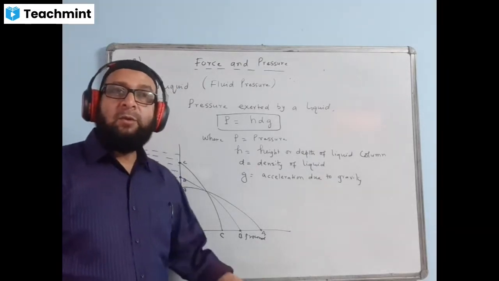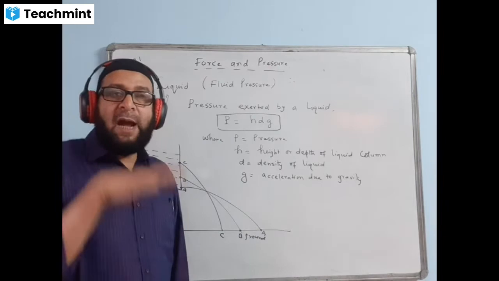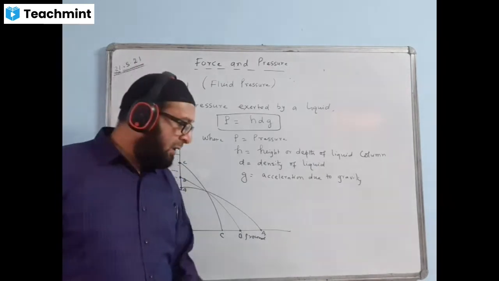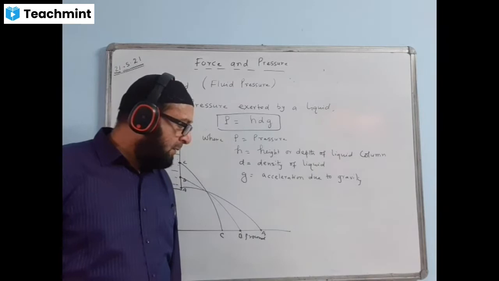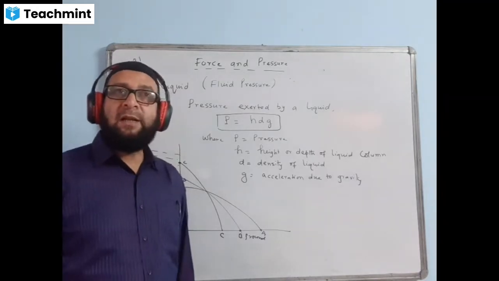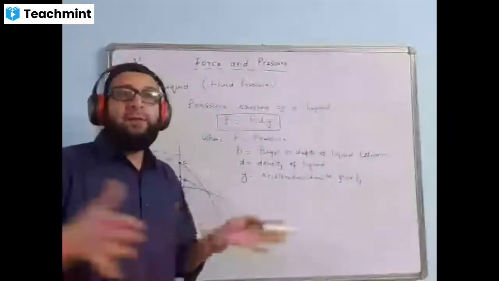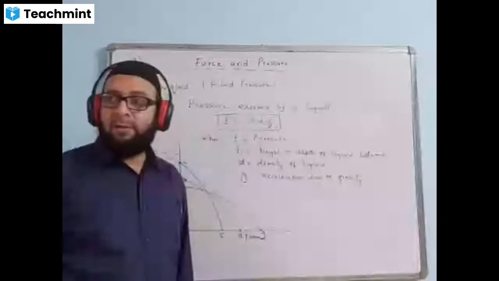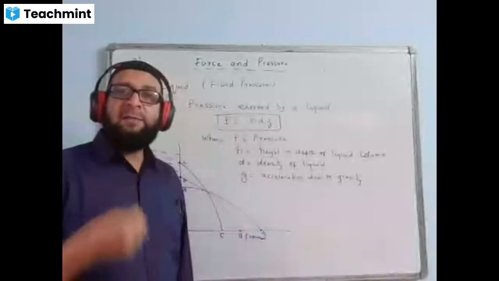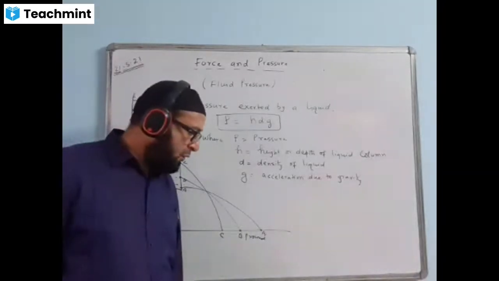So that at the bottom, the pressure exerted by water is very large due to the larger depth, or due to the larger height of the water column. If the wall is narrow, then the wall may not withstand that large pressure and may break. But to withstand the large pressure, we are making the bottom of the wall of the dam broad, so that it can tolerate the large amount of pressure. Understood?